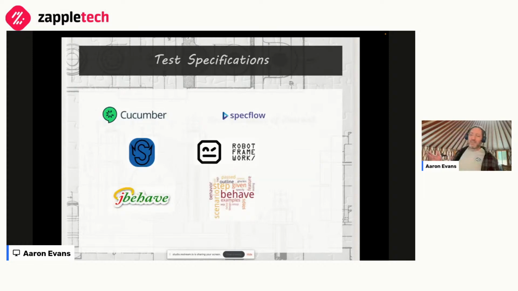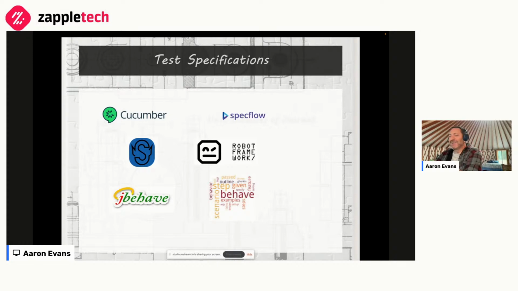Now, writing a test specification. This is an important part, and in many organizations, a tool like Cucumber or SpecFlow might be at the core of writing their tests, because one important thing of writing tests is knowing what you're testing, describing the requirements, describing the features and scenarios that you're testing. And these tools, Cucumber, SpecFlow.